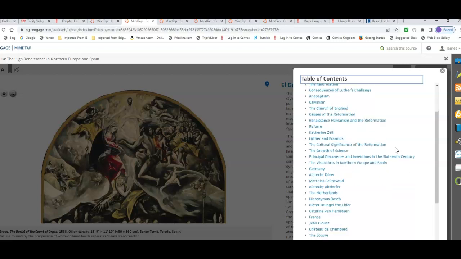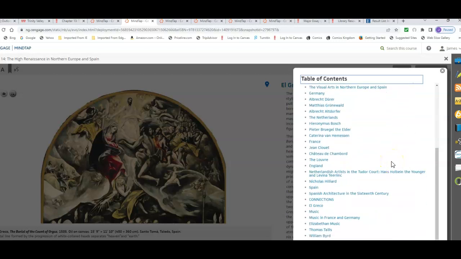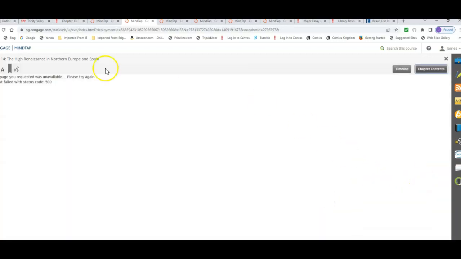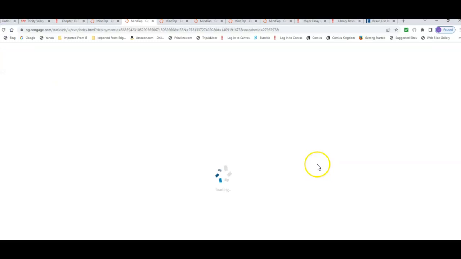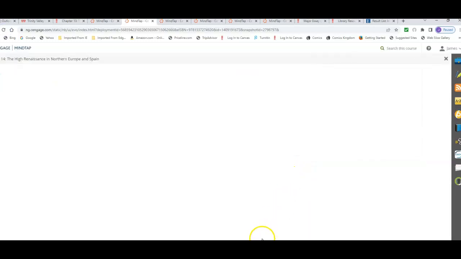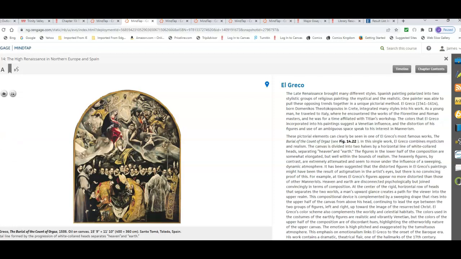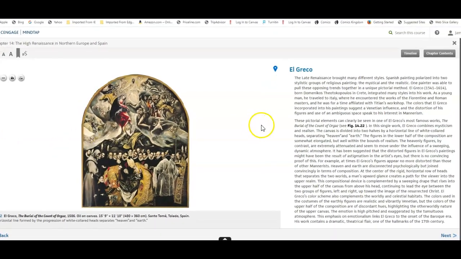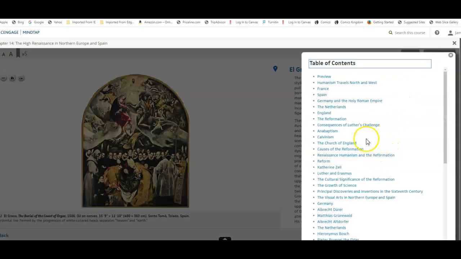And so you have these details that are offered. In this particular part that we are in, it has connections, and that, of course, is not showing either. So let's see if we can get that to call up. Well, it just wants to go to El Greco. It talks a little about, it says that they're no more distorted than other Mannerists, but other times they are. So you have the different style here to put into particular ones. Well, if you'll look at, if I can get this to actually work this time,